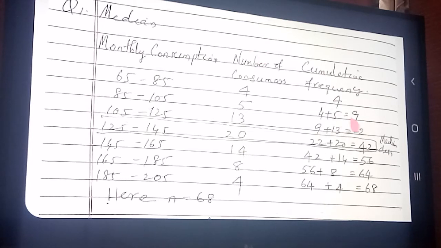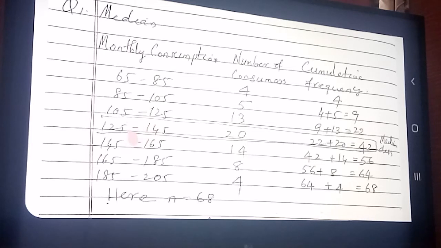It is found from the cumulative frequency only. Here up to 4 consumers, here up to 9, here up to 22, then 23 onwards up to 42, where this column is coming. See here. So the frequency 34 will lie in which class? This class. We call this class the median class. Median class got now.